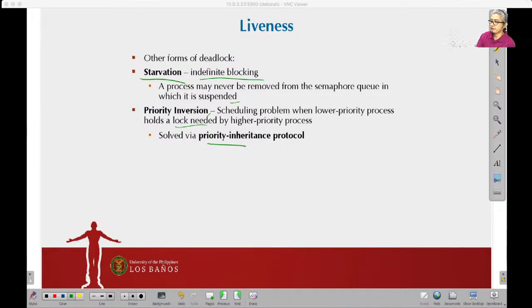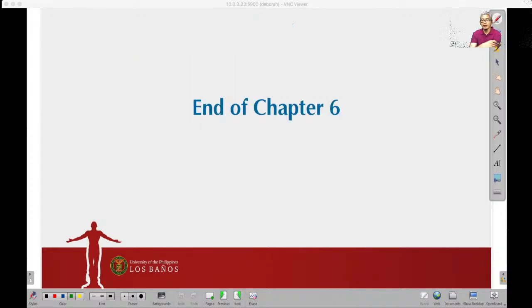Okay, so that's liveness, and that's the end of chapter 6. In this chapter, what we studied are some of the synchronization primitives or tools that can be used when we have processes running concurrently, either simulated or through parallelism. We can synchronize them. Okay, so that will be all for today. See you on the